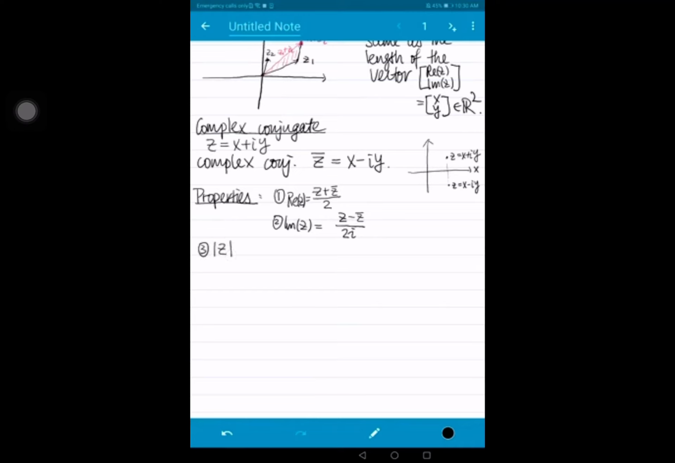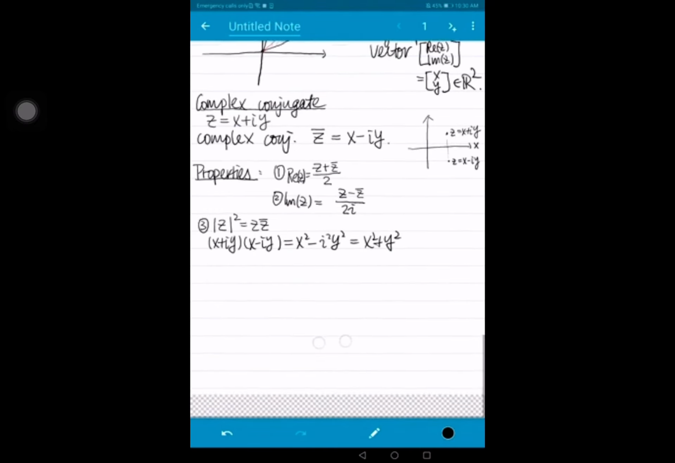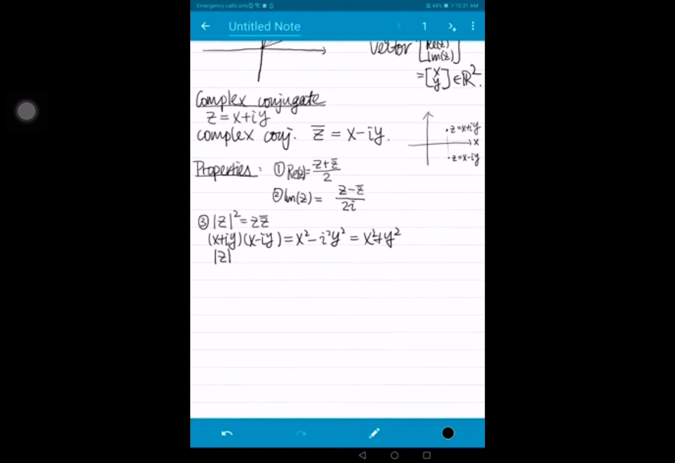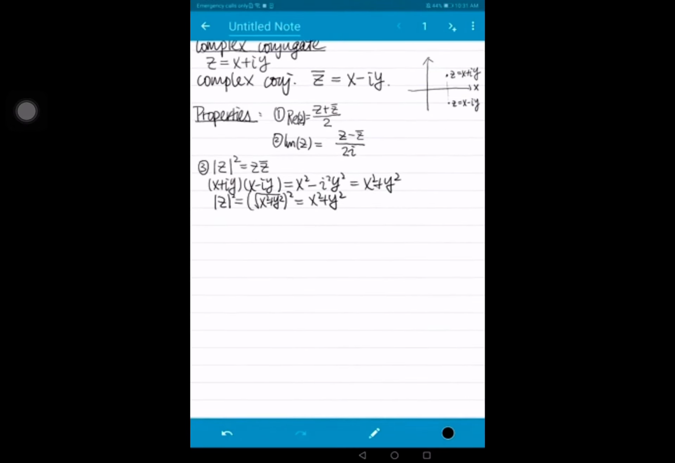The absolute value of z squared equals z times z bar. So why is this? x plus iy times x minus iy is x squared minus i squared y squared, so this is x squared plus y squared, and this is exactly the absolute value squared, right? Because the absolute value is the square root of x squared plus y squared, and we want to square this number. This is x squared plus y squared, and the left hand side equals the right hand side, and the formula